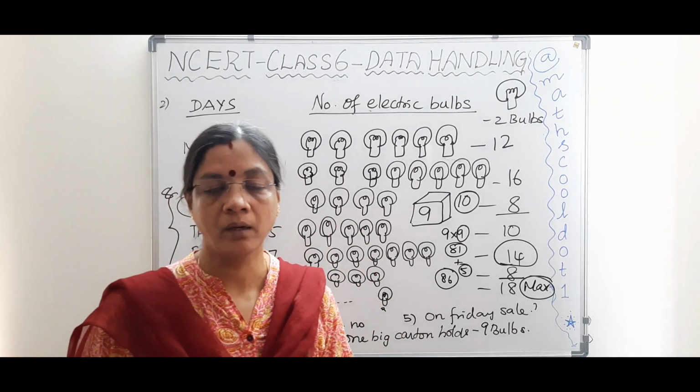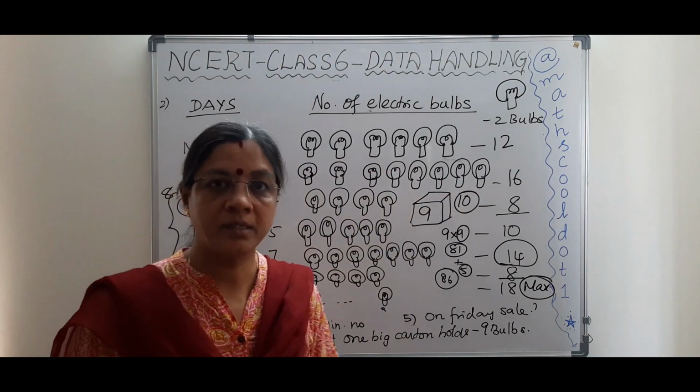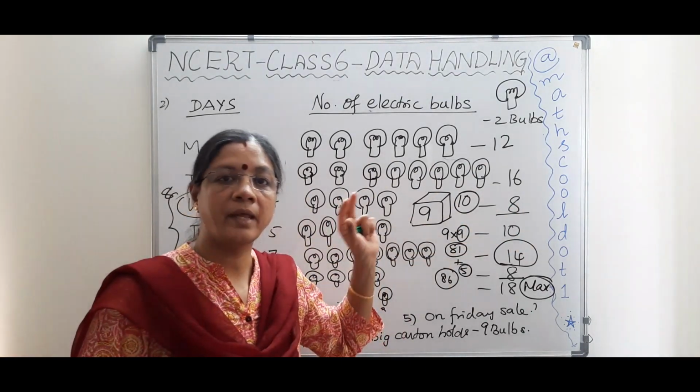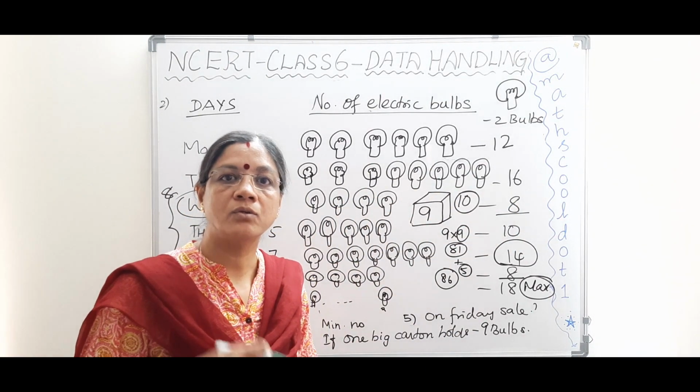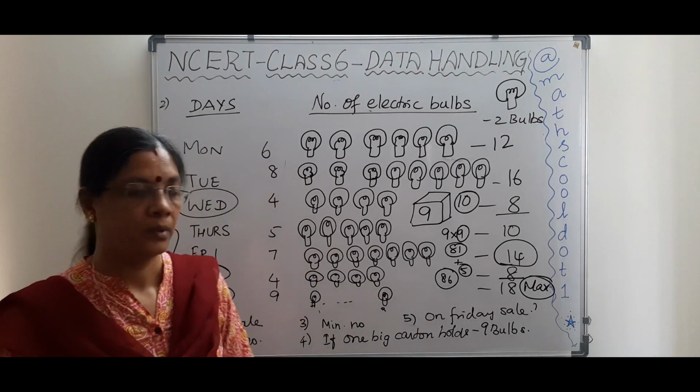This is also easier. But when it goes to large numbers, drawing each and every one is tedious for us, isn't it? You could have seen, when the number of bulbs goes on, it takes time for us to draw it. So it is time consuming. Okay, so let's see another problem. So just check it out.